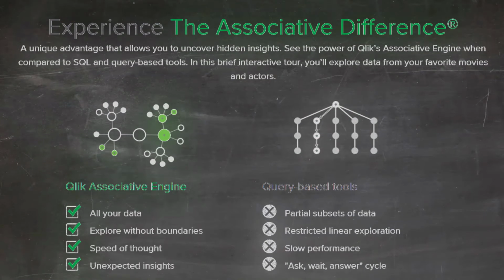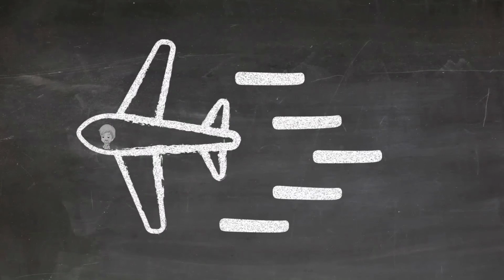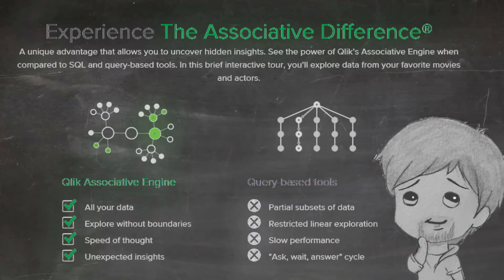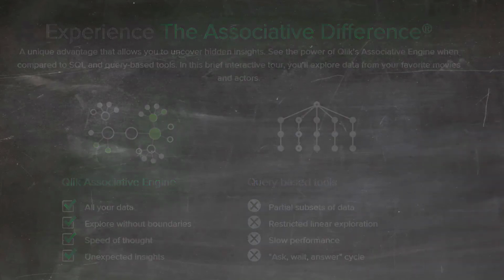The company definitely was aware of some of the unique advantages that QlikView offered that I completely missed. We were no match. I flew home that evening and reflected on what I learned. Qlik had a game changer, a patented unique associative engine and capabilities, which later I learned was called the Associative Difference.